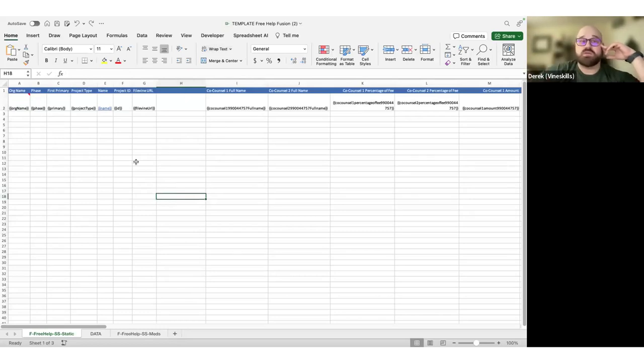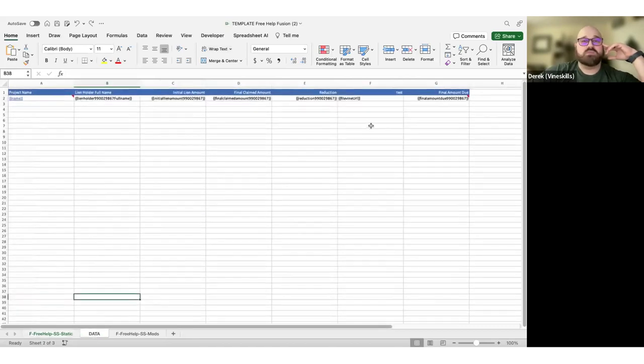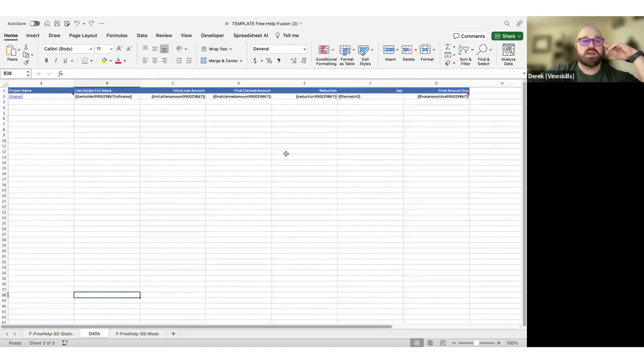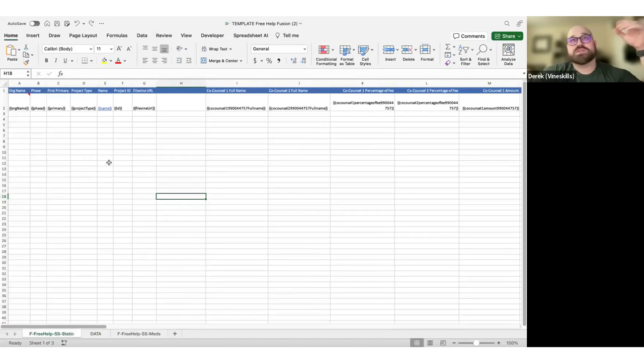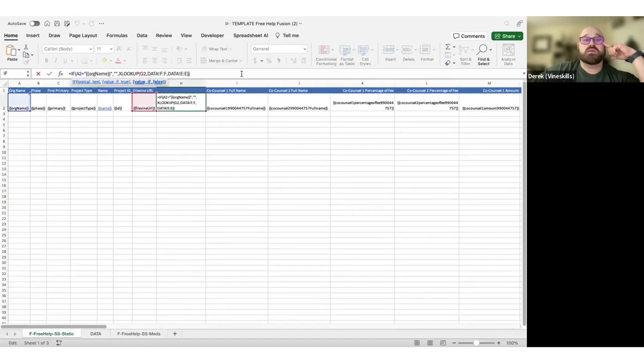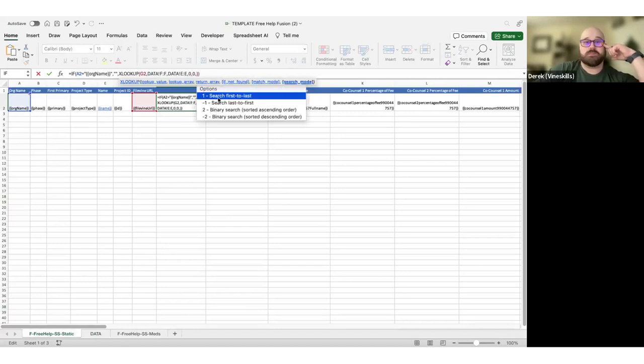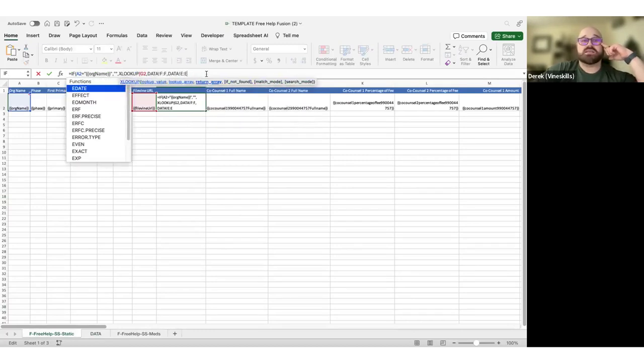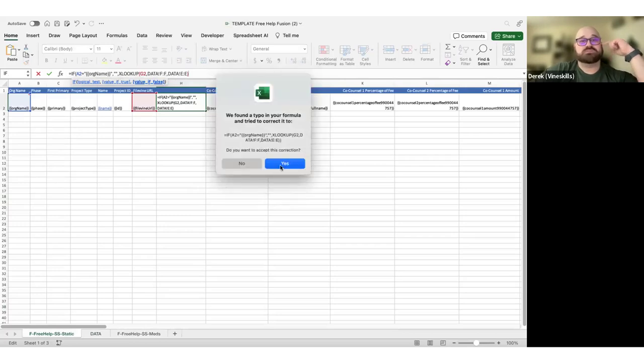I will say, though, just watch out with XLOOKUP. It only goes through and will pull in your first line item, just like we had talked about, and put those numbers in the project or the report ID at the beginning of your field. You can work with it a little bit by coming up here to search mode. I think if I get all the way over there, it's -1. Yeah, search last to first. Generally, I'm using this one when I'm going through and I'm trying to,